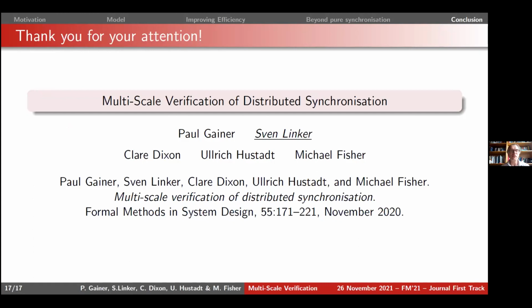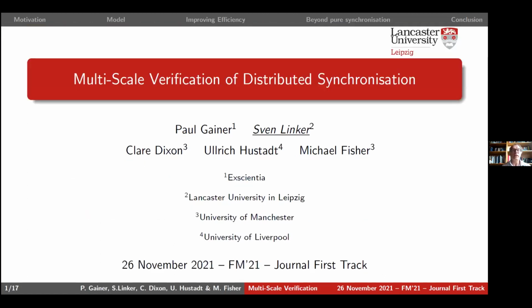So yes, thanks also for putting on the slide what we haven't put in the program, namely when was this published? November 2020 in Formal Methods and System Design. Broadly speaking, the panel looked at all the papers published in the 3 journals: Formal Methods in System Design, Science of Computer Programming, and Formal Aspects of Computing, between the previous journal first track, the previous FM conference, and just before this one. We filled the time. Over to you, Sven.